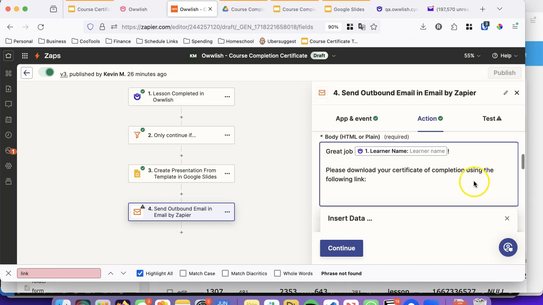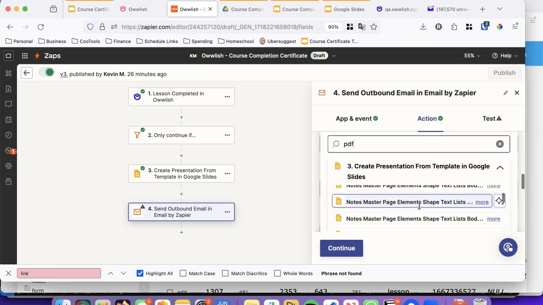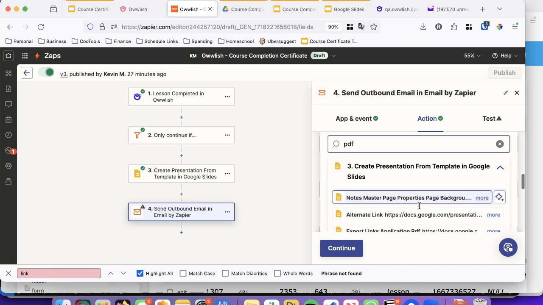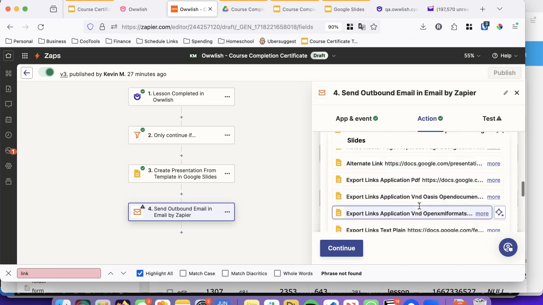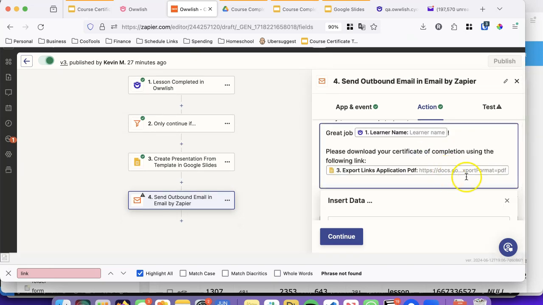And then for the link, what we're going to do is look for PDF. If I look for PDF, I should get an export link PDF thing at the very bottom. It's kind of a lot of nonsense here. Let's see, export links, PDF. This is the one I want. So I'm going to try that. That should allow them to download this as a PDF directly without having to worry about sharing this as a